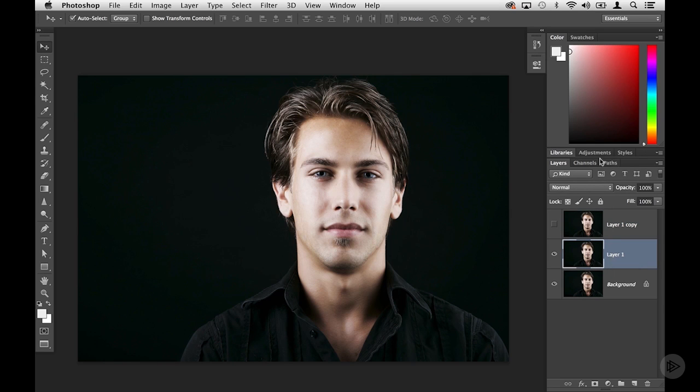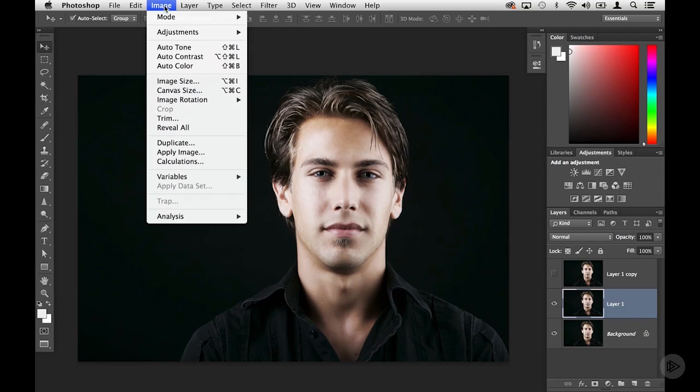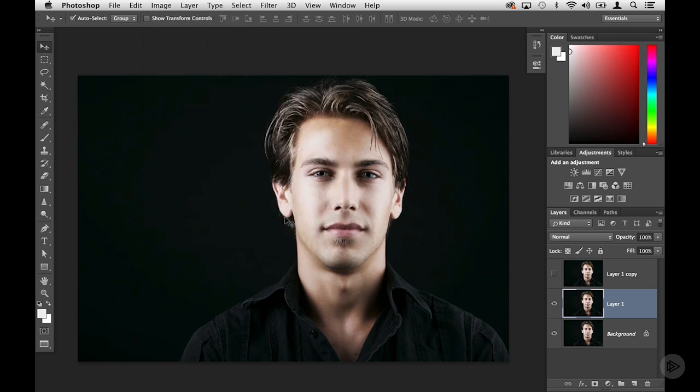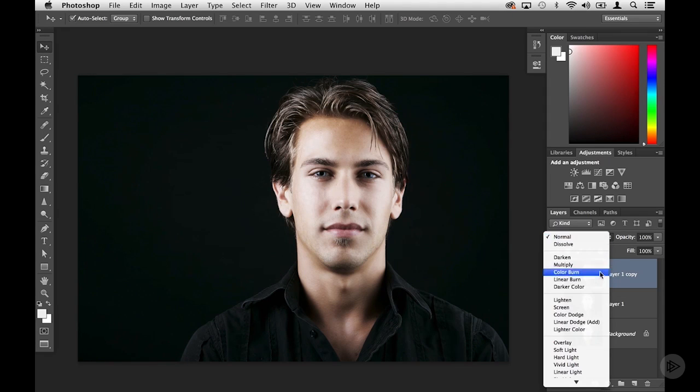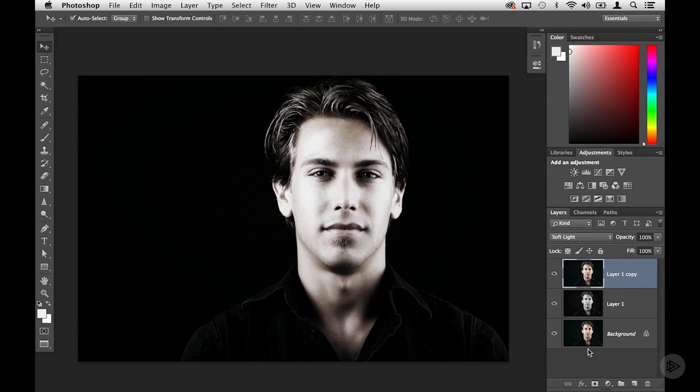You could go into the Adjustments panel and apply a black and white adjustment and kind of control what this desaturated image looks like. But for our purposes, we're just going to come up to the Image menu, and from there, we're going to choose Adjustments, and then we're going to select Desaturate, and just give us a pretty standard black and white image. Then we're going to turn on the visibility of the topmost layer, and what we really want to do here is create an image with more contrast. And we can do that easily by using the blend modes, and more specifically, blend modes within this overlay section. We're going to select soft light in this case,